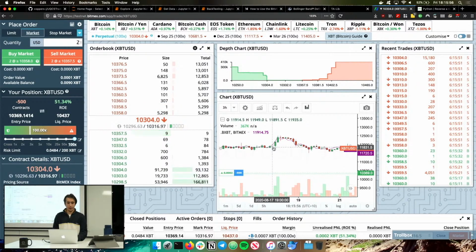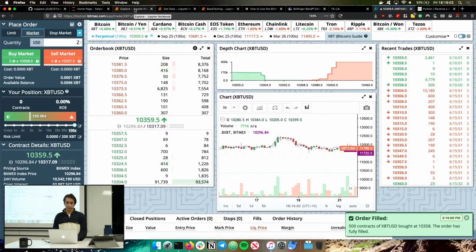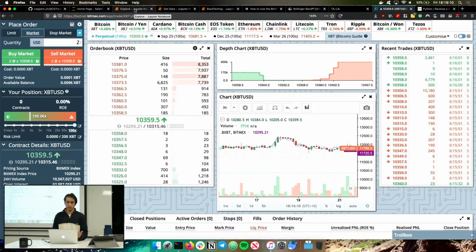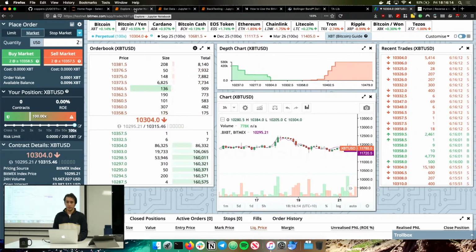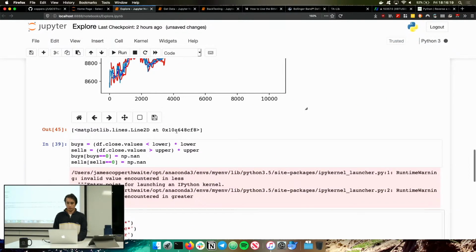So what we're going to do now is go have a look at the data. We're going to try and think of different ways that we might be able to predict when things are going to go lower or going to go higher. So if we're going to predict things are going to go lower, that's the time we might want to sell. And if we're going to predict they're going to go higher, that's the time we might want to buy. So let's jump into our Jupyter